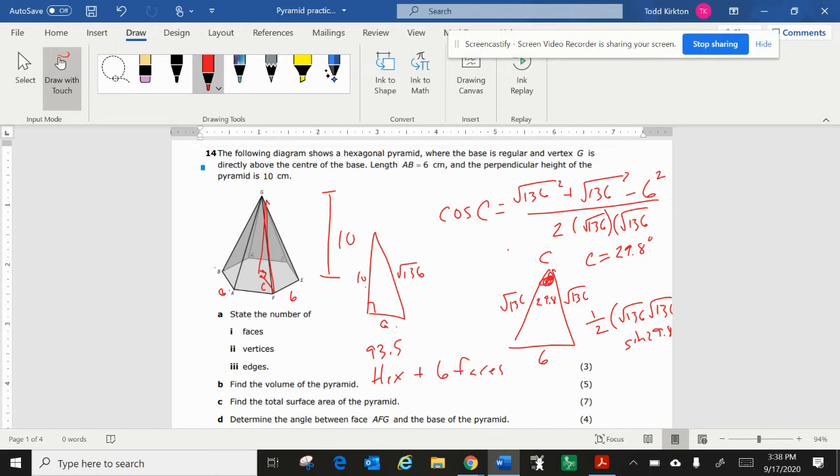I have to multiply that answer by 6, but I'm going to go ahead and find it first. So 0.5 times the square root of 136 times the square root of 136, which is just 136, times the sine of 29.8, which is 33.8 for one of these faces. Take that times 6, you get